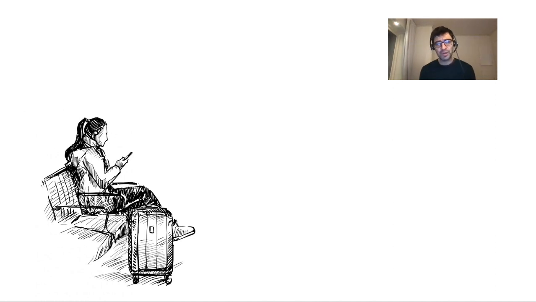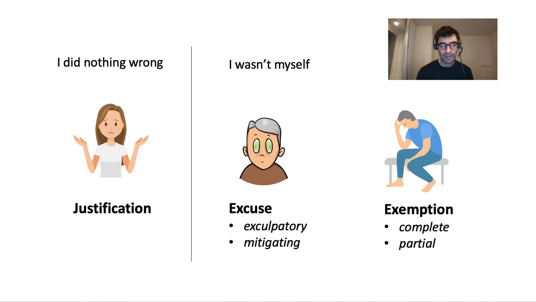And now think about what could make it that despite all this, you still wouldn't blame your friend for not having picked you up. You still wouldn't blame your friend for not showing up at the airport. And Franklin argues that there are three different classes of pleas, where each one would explain why your friend is not to blame. And the first kind of plea is justification. It could turn out that your friend actually did nothing wrong.